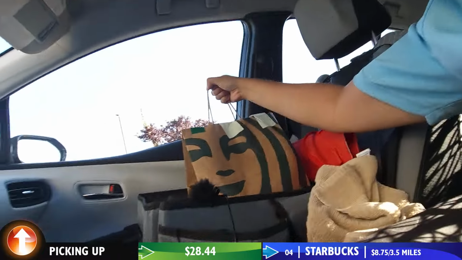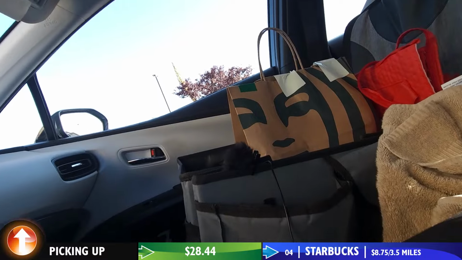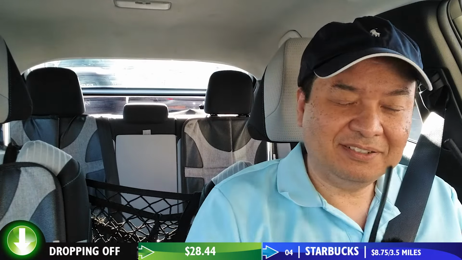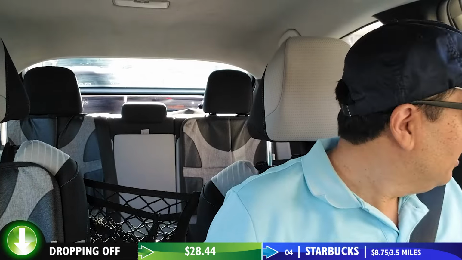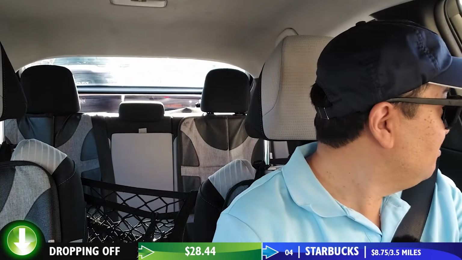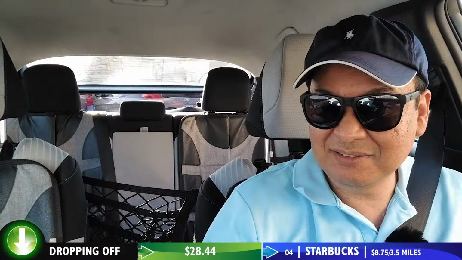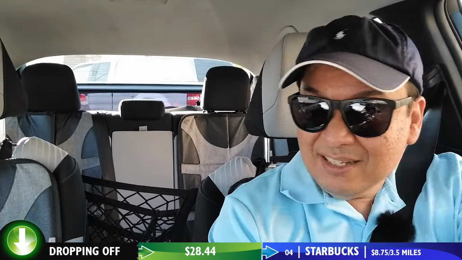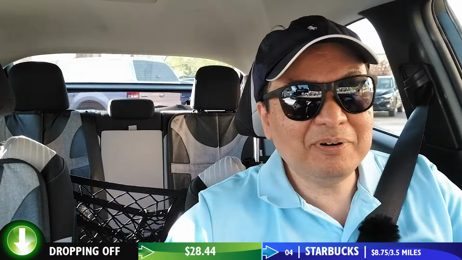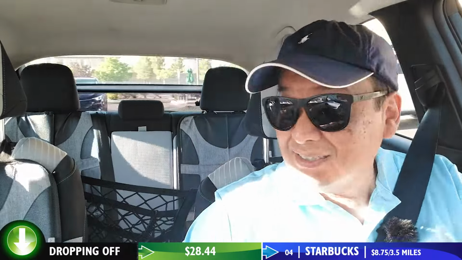Can't believe this is like Starbucks number 3. All right, well, that was quick too. They're real fast at this one today for some reason. Usually it's packed up here because it used to be the only Starbucks in the area, but they opened up recently another one nearby, so that must be why the traffic is not as intense as it used to be. So that is good news. We're going to go 2.5 miles from here, 6 minutes away.